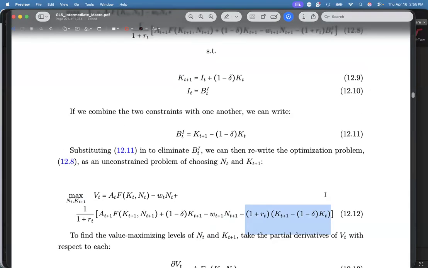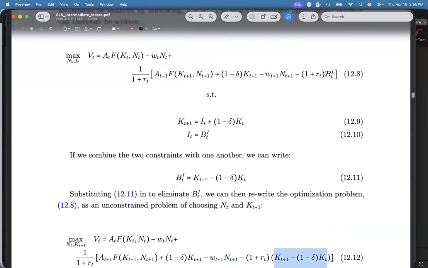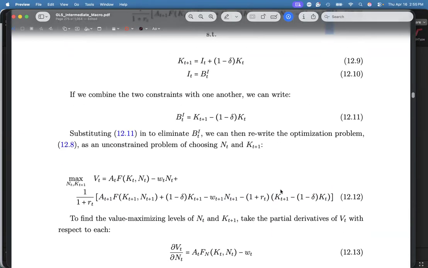Sir, it's the cost of what you've borrowed po. Exactly. Before, this used to be called B. Diba? But the B is just I. So essentially, by choosing a higher KT plus 1, say patataasin mo to, that means you have to borrow more. Your debt will be higher. The letter here is B. Your B is higher, and therefore, if your B is higher, you have to pay more because this term here will be larger. Okay? So the KT plus 1 really comes into play in the next period.